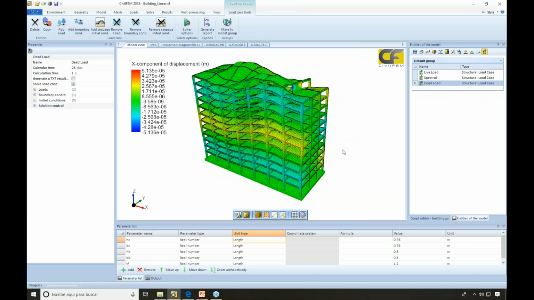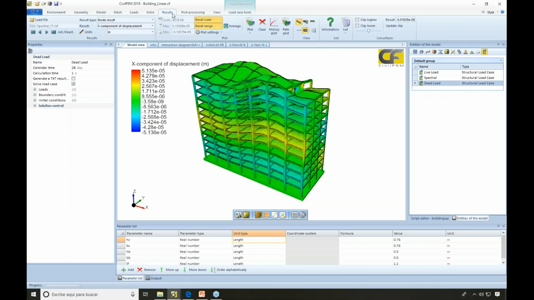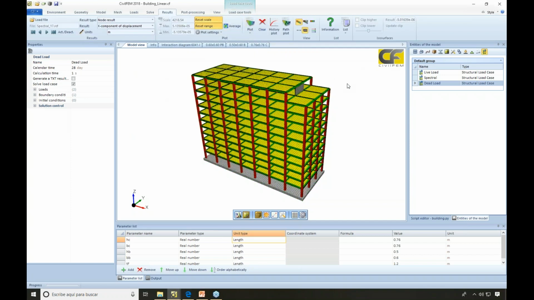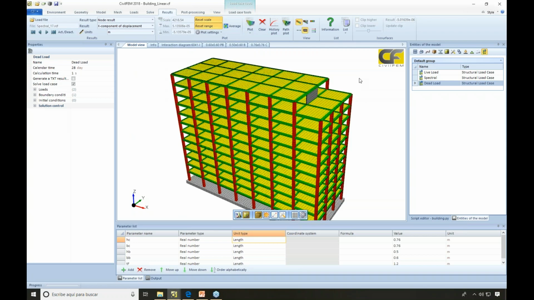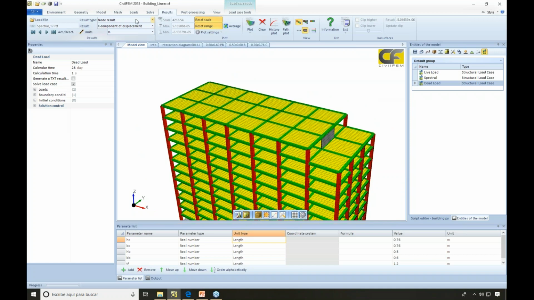One important load which wasn't included here can be the torsional moment for each floor. To create a torsional moment for each slab, we can